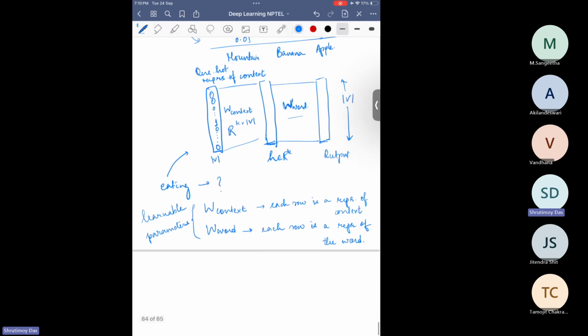Now coming back to the last layer. So the last layer was, as we discussed,